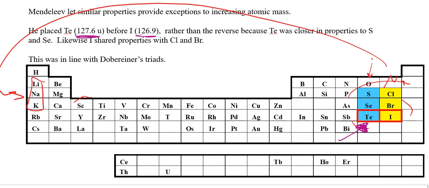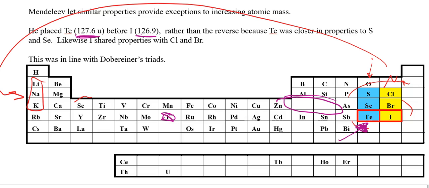So that kind of made it a really good table. But he went one step further to make it an excellent table: these things where there were holes. He named those elements and predicted the density, specific heat values, atomic masses, all these little things about the element. And his predictions turned out to be pretty darn accurate, which is actually really cool. So to make yourself famous for 1.5 centuries,